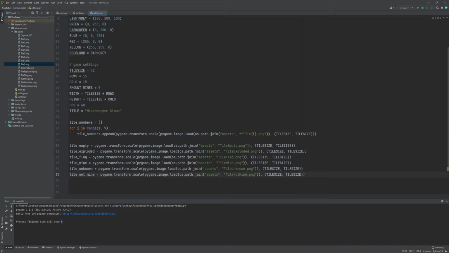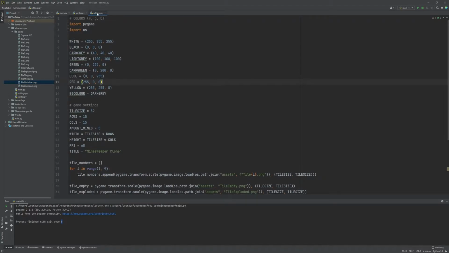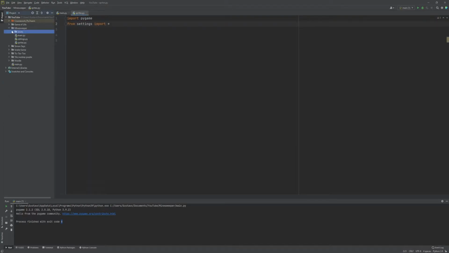Okay, so that's all for the settings file here. I'm just gonna close this for now. And the next thing we're gonna do is go to the sprite class and create a tile class. We're gonna create this class for the tiles, and that's gonna have a constructor with the X